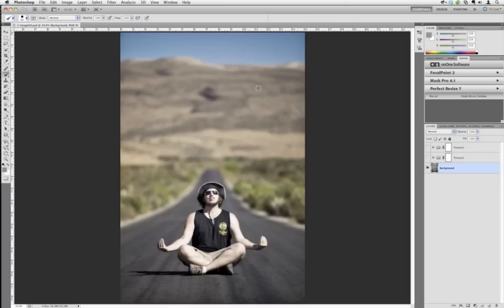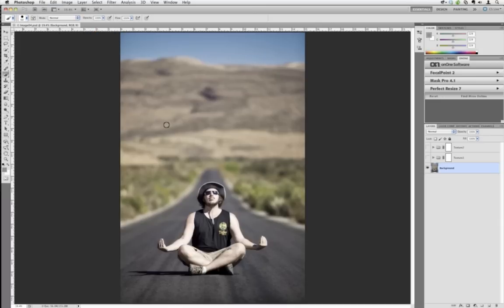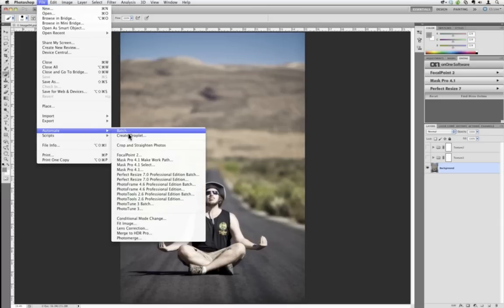The background itself is not very interesting, so I don't mind applying a texture over it. If I'm going to cover this with texture, I want to make sure that I'm not ruining the image in the process. So the first thing that I want to do is apply some texture. I'm going to go to File, Automate,